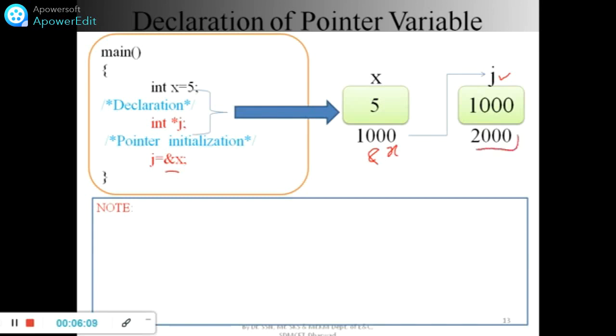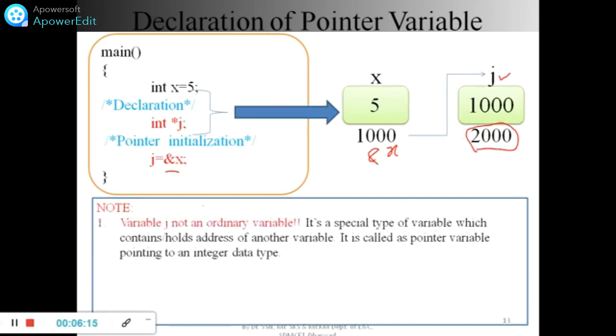That is 2000, again an assumed value. So the point is very clear: j is a pointer variable, a special variable which holds the address of another variable, and it is called a pointer pointing to an integer data type.